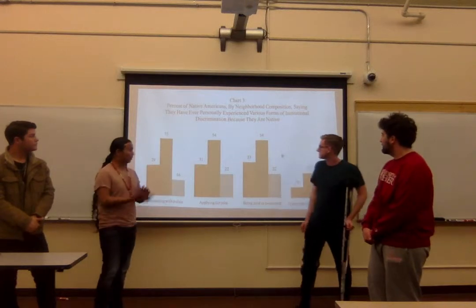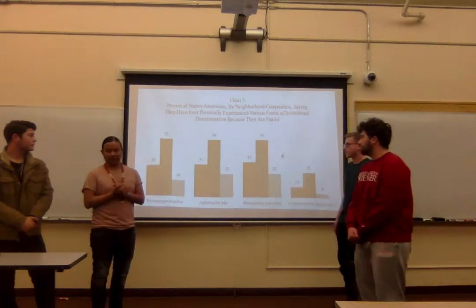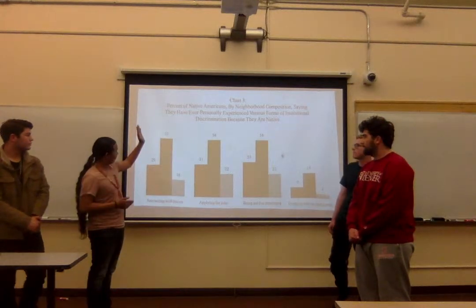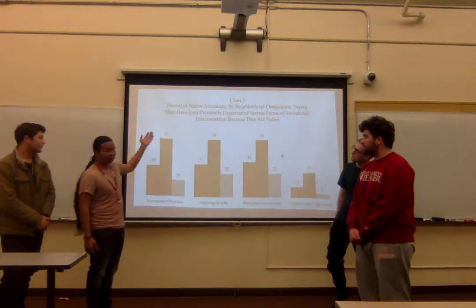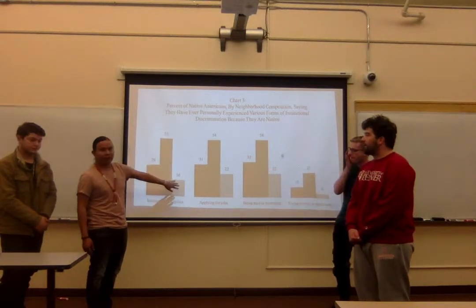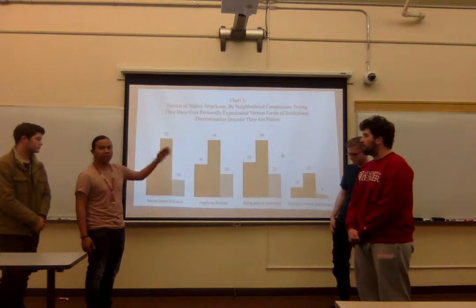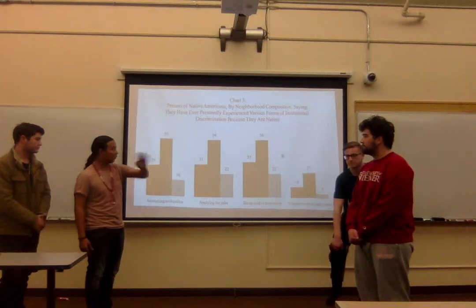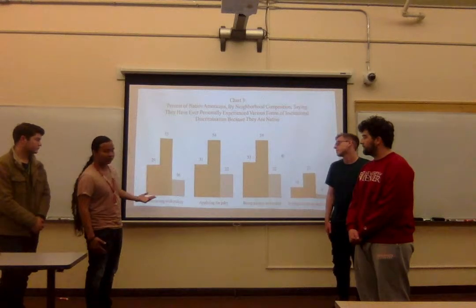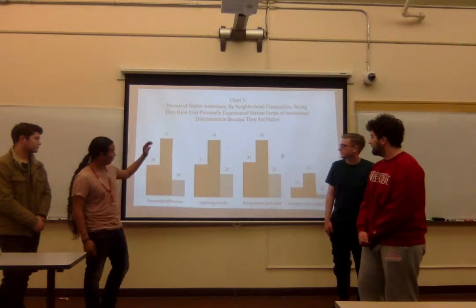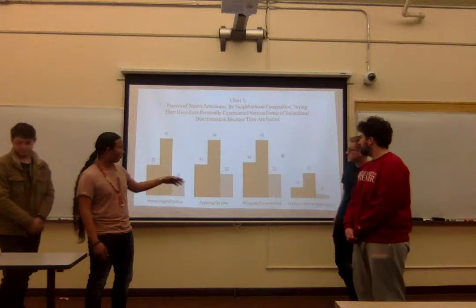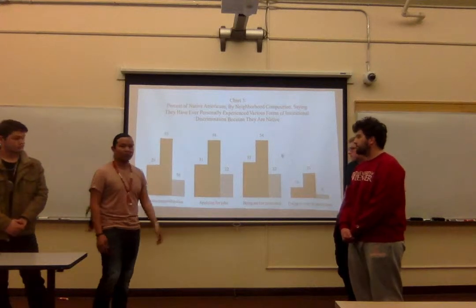And so with that said, there are two categories that perhaps Native Americans feel like they go through. The idea of two worlds. Number one is that the black margin right here is representing people who live on the reservation, and then the gray represents the urban Native Americans who live in perhaps Denver community, Seattle, Oregon, so forth. But all in general, 29% have faced racial discrimination with interacting with police, 39% for applying for jobs, 33% for perhaps being paid or promoted, and 10% for trying to vote or participate.